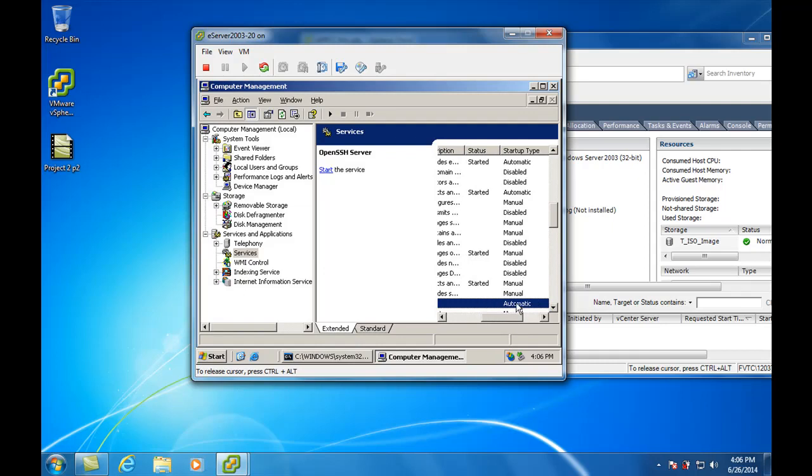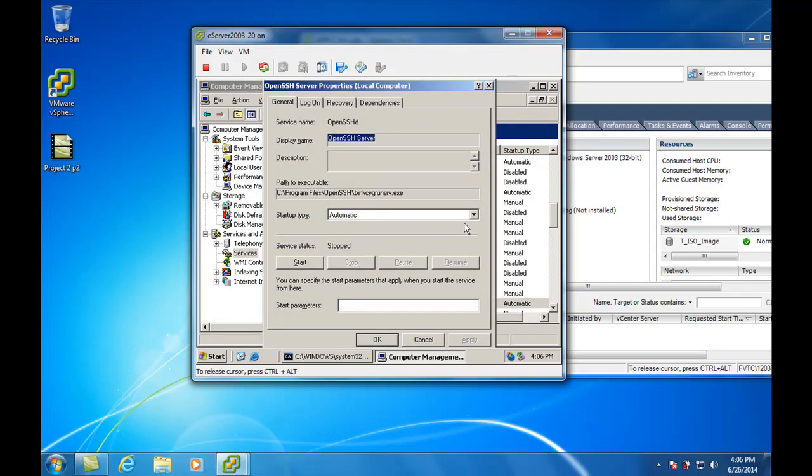So there's really three different states. It can either be automatic, it can be manual, or it could be disabled. So when I harden a server, what I'll do is I'll find what services are not needed, and then I disable them. You cannot go through and just disable everything, otherwise you won't be able to log into the machine, and that's quite painful. In future labs we're going to do some port scanning, and we'll figure out how to identify what services are running,